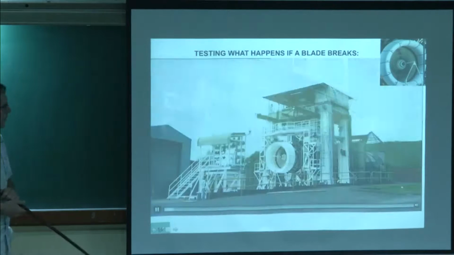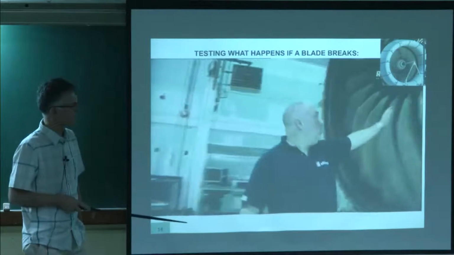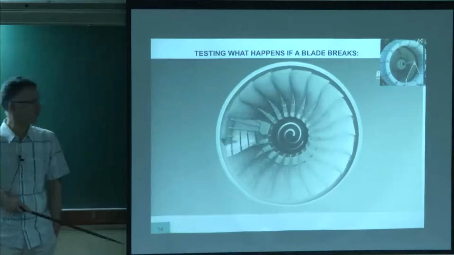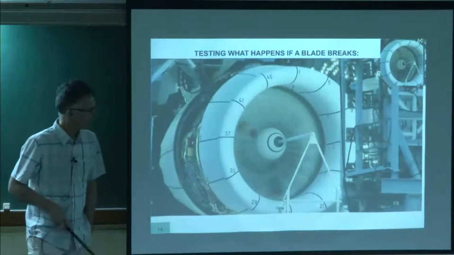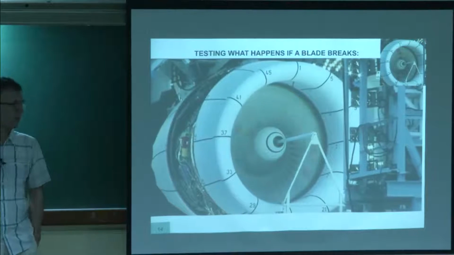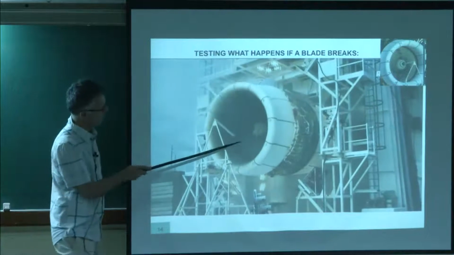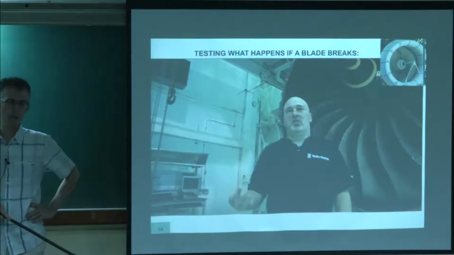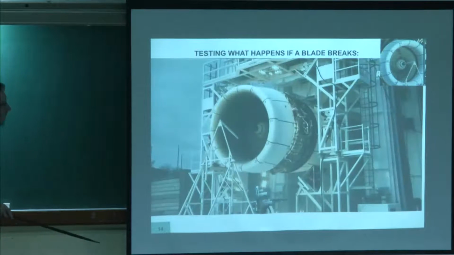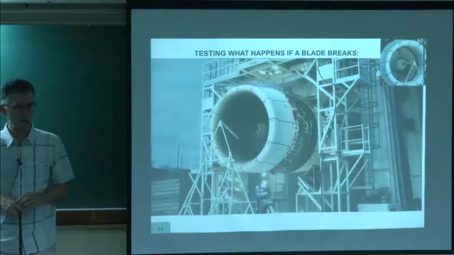Sometimes we do it on purpose. This is a case here where you actually break a blade to see what's going to happen. You know that the blade has to stay in the engine. So this is a simulation, then you're going to see the real test. And when you do that, of course, first you lose the engine, but the big problem is that you don't want a piece of the engine to go through the engine and into the cabin, which would be, of course, a bad idea. This happens for gas turbines, but even for power gas turbines, the same problem.